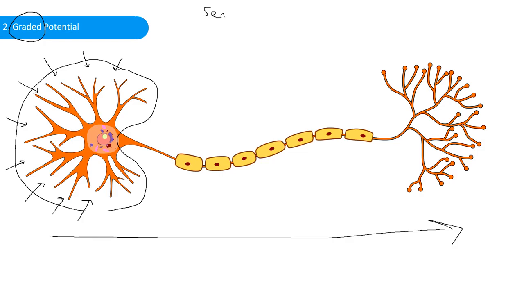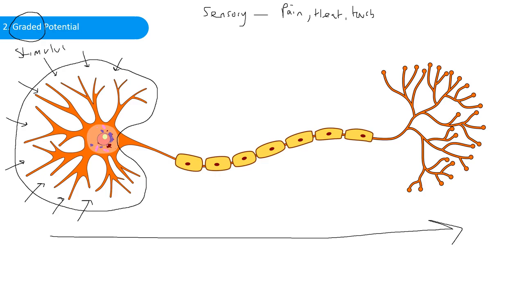If we're talking about a sensory nerve, then we might be talking about some kind of pain, heat, touch, anything that this neuron is there to detect. We've talked about receptors before: baroreceptors, nociceptors, proprioceptors, thermoreceptors, etc. They're all there to detect a certain type of information. So if you touch something right now, you know you've touched it because of the pressure that's been put on that, and this is what kicks off this graded potential. So some kind of stimulus